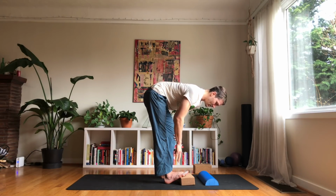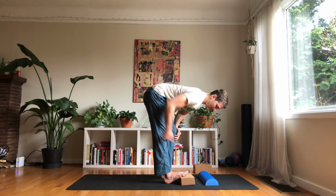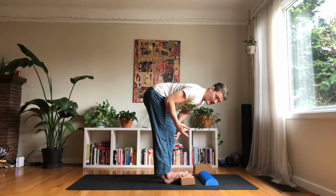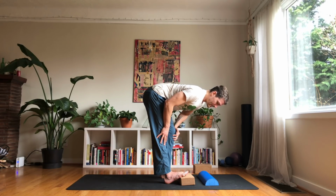Now what I'm going to do is ramp up a contraction, pressing my foot down into the block and pressing my butt back, okay? So I'm ramping up a contraction, just an isometric contraction about, let's say, 50% of my max effort. So I'll go 10%, 20, 30, 40, 50. I'm going to hold that effort